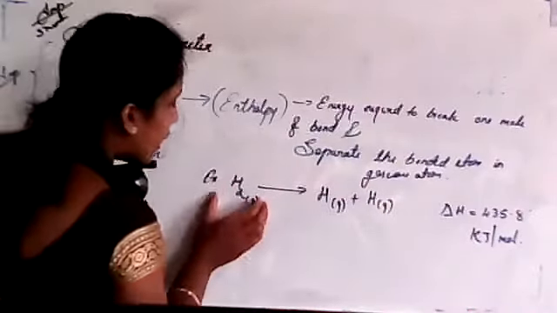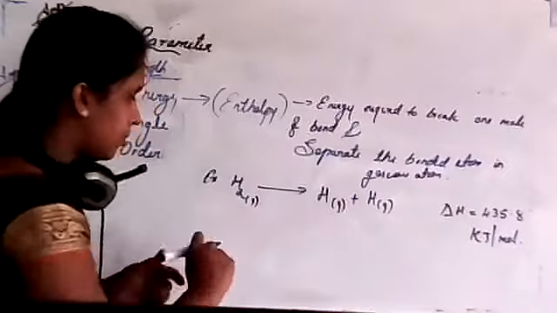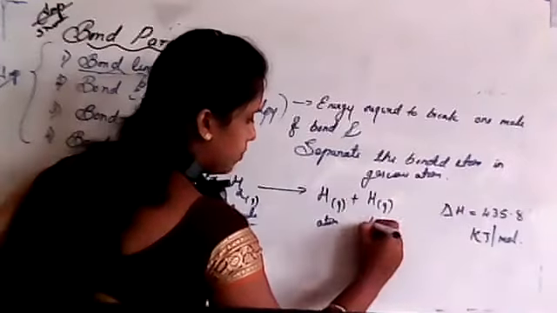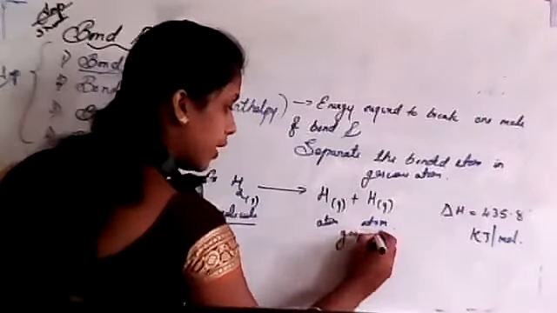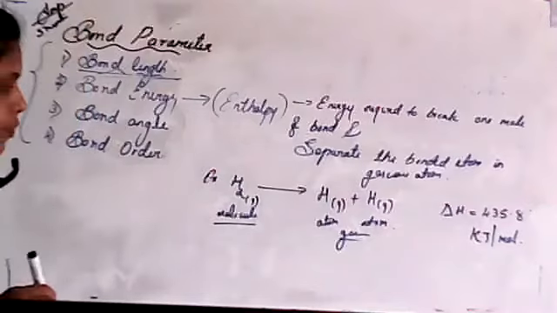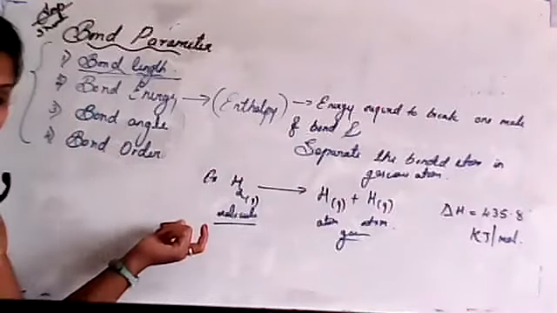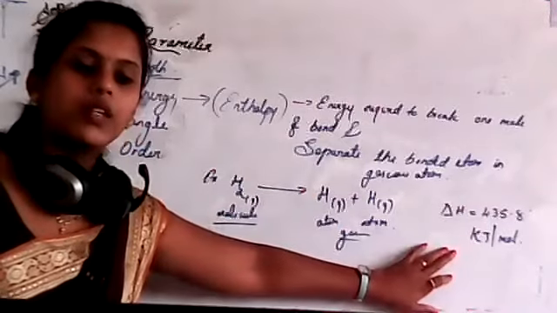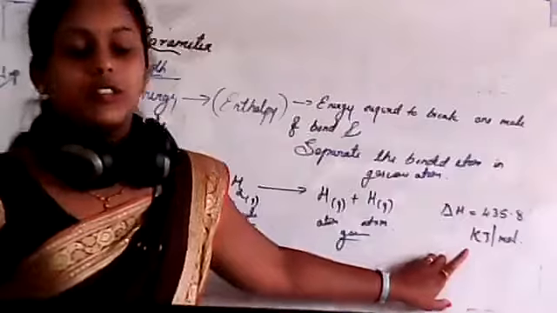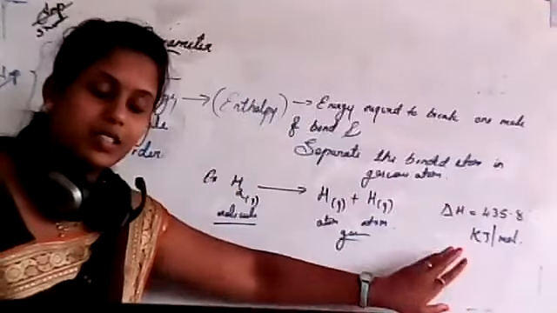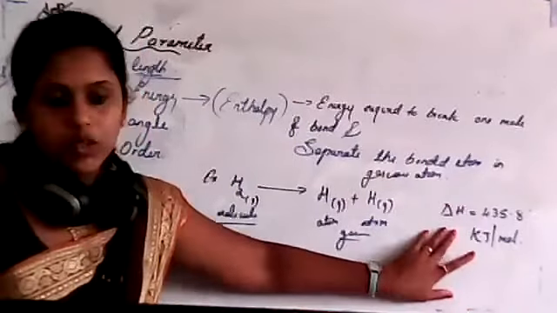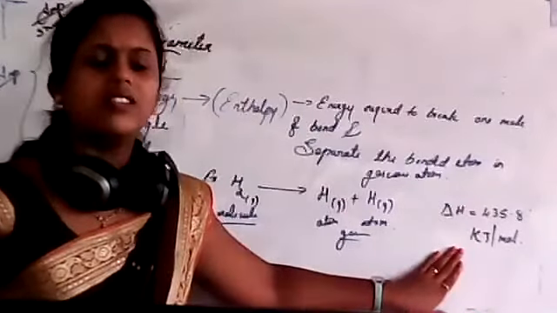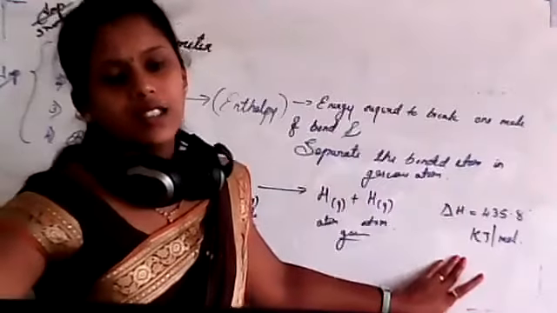Is this clear? To break a hydrogen molecule into hydrogen atoms, these are two atoms in a gaseous state, very important. So these are the values. How did they come? This is very important in thermodynamic studies. In thermodynamics, we'll study the energy of these things: delta H, delta S, enthalpy, entropy. These are theoretical values.